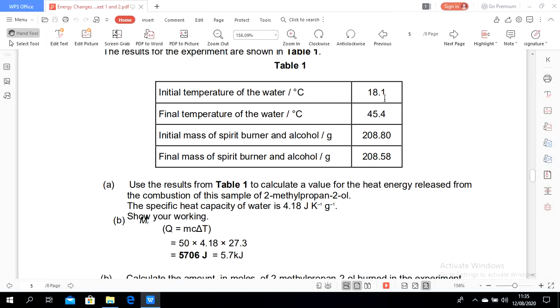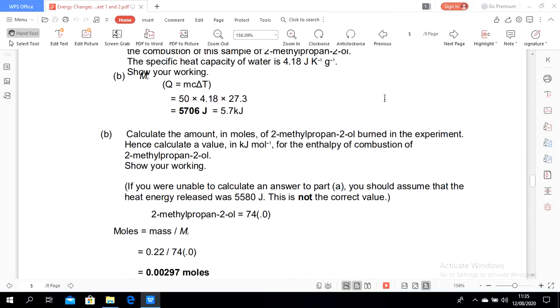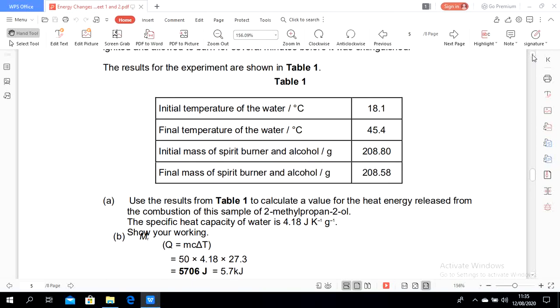So it is 27.3, then we multiply, we get 5706 joule, which we convert into kilojoule will become 5.7 kilojoule. And then calculate the amount in moles of 2-methyl propan-2-ol burned in the experiment. So in here we have to find the moles. What is the mass? So we find here what is the mass of the alcohol. We find the mass of the alcohol by